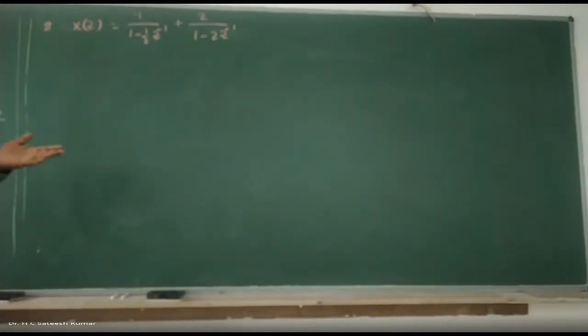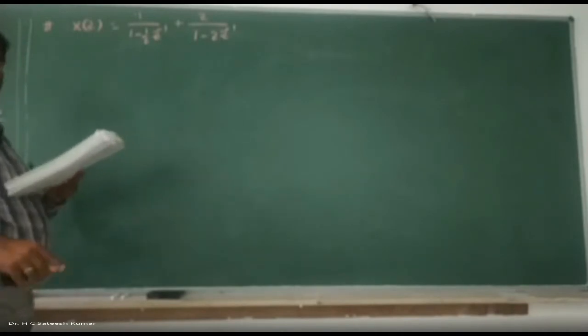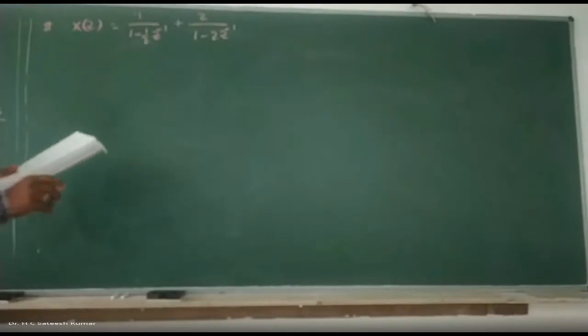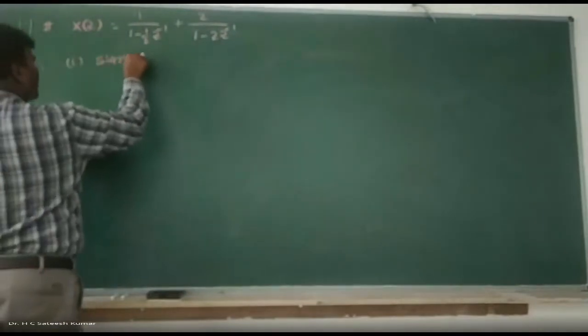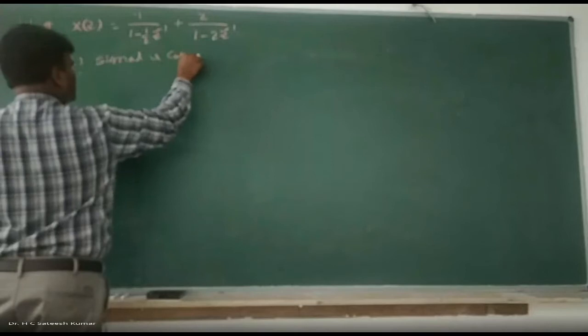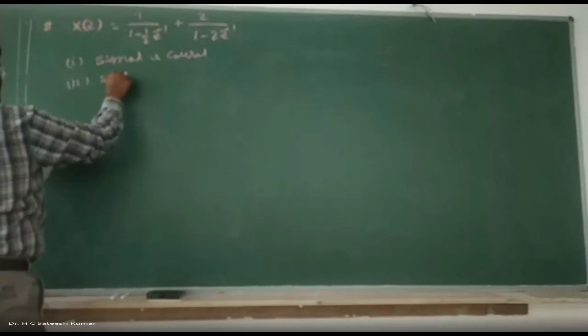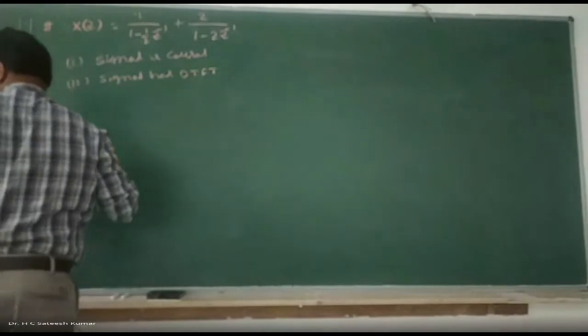Here, partial fraction is readily available. Rather than writing it, thinking more marks will be there, because partial fraction is readily available, you no need to do any partial fraction. So what you should do here is think. ROC is not given, but to obtain the ROC he has given certain conditions. Based on the condition, you should decide it. Okay, first condition is signal is causal, he said. Second one, we will get a different answer for that. Signal has DTFT, discrete time Fourier transformation.